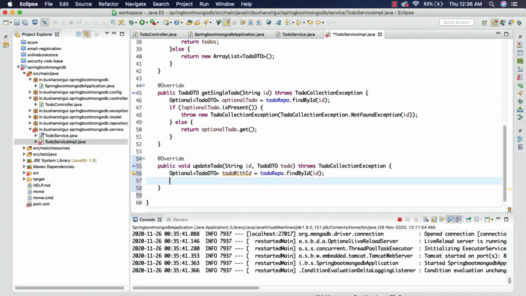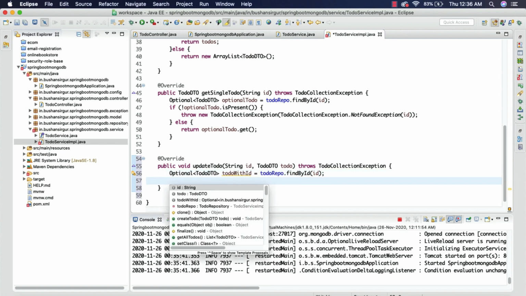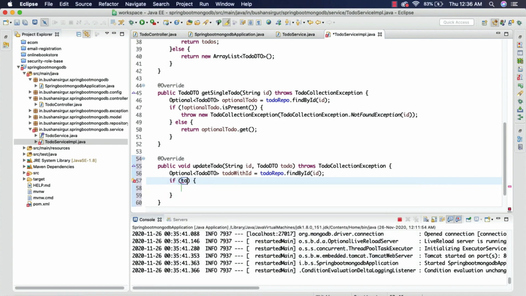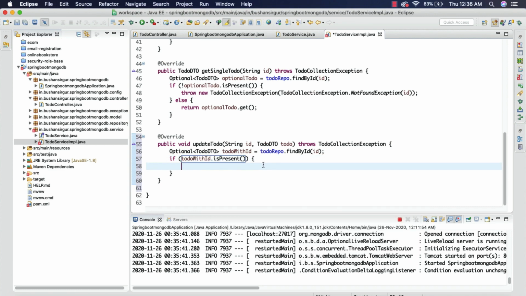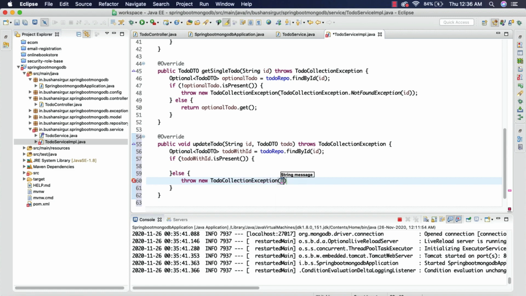And now we're going to check for the condition. If toDoWithID is present, then we know that we do have an object. Else we're going to throw a new ToDoCollectionException, ToDoCollectionException.notFoundException, and we're going to pass the ID to it.